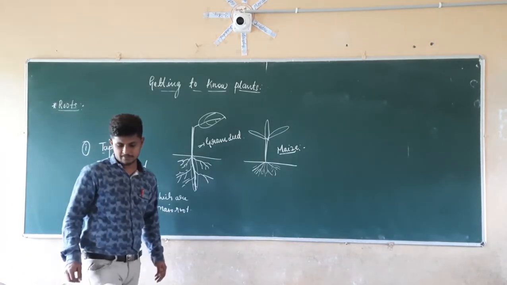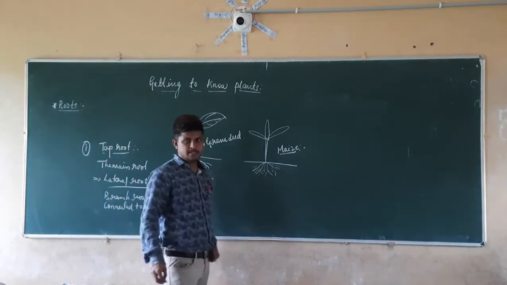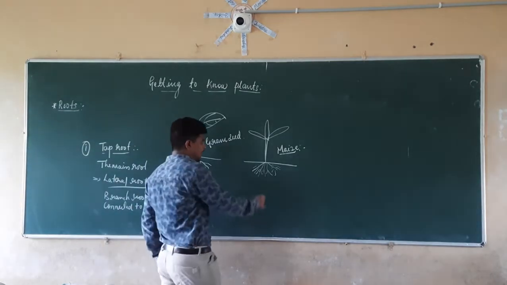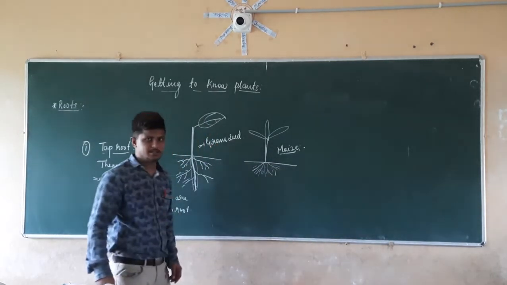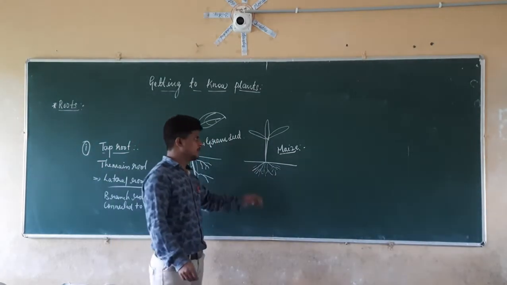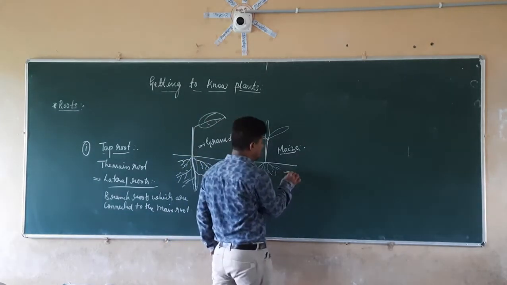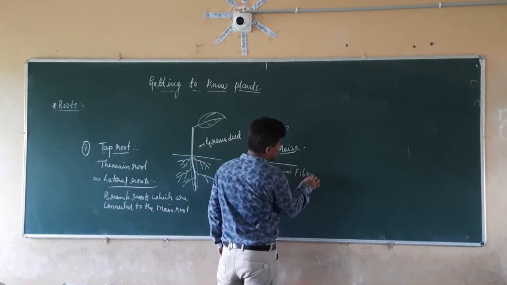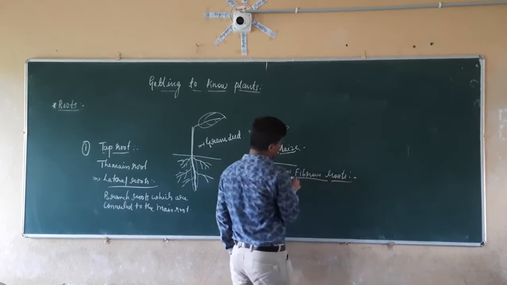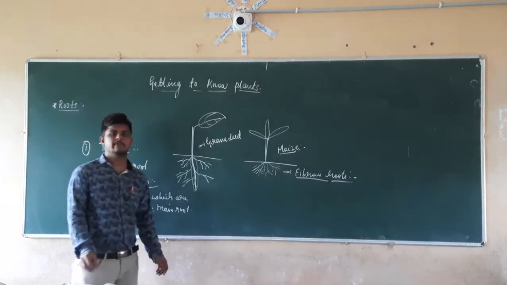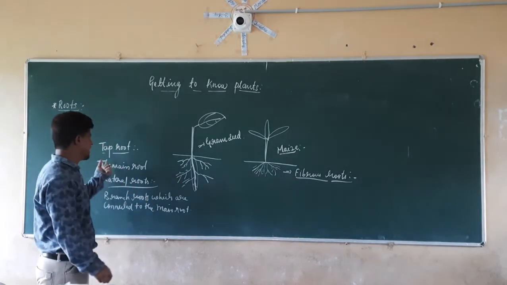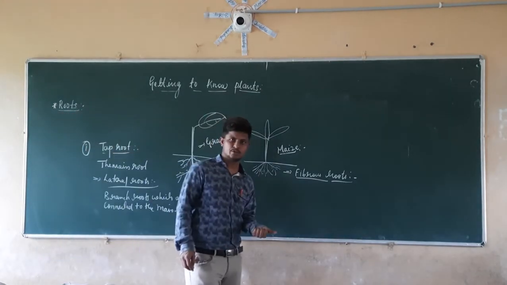So again, if you check here, all the roots which are coming here seem similar. There are no changes in the roots. They have the same pattern, the same size, the same shape. So these similar roots are known as the fibrous roots. These are the lateral as well as tap roots, and these are the fibrous roots.